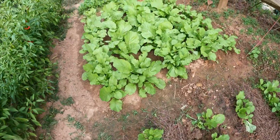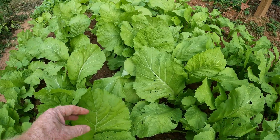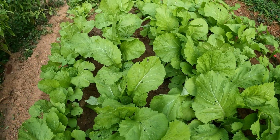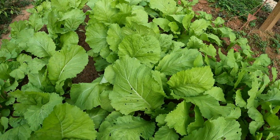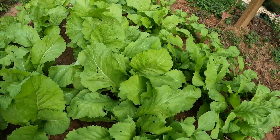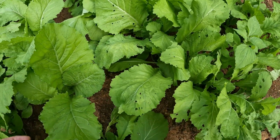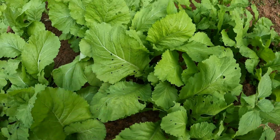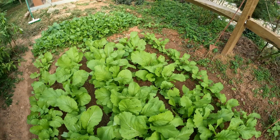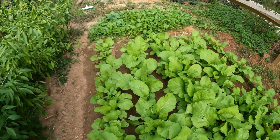Then over here are the mustard greens, and these are the India, Florida mustard greens they call, and these already are big enough in just 1 month from planting to start harvesting some. You can use the leaves raw on salads, or you can go ahead and cook some up. And once again, I have a bit of an insect problem here, but I'll harvest these leaves and go ahead and boil them up and eat them. I'm trying to refrain from spraying them. Then over here